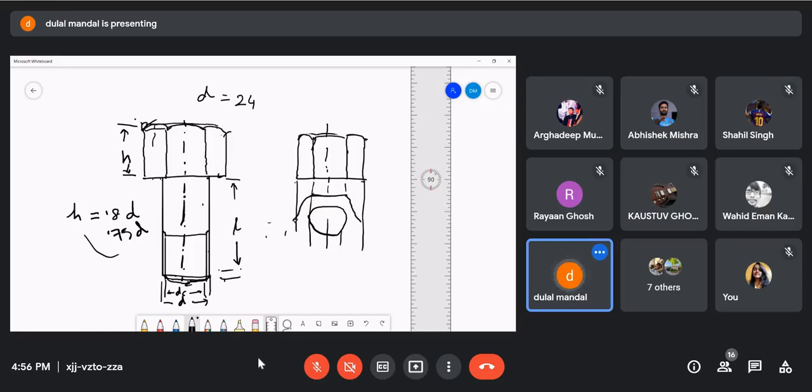And that is your hexagonal head. And now, how can you understand there is a thread inside? For this, you have to show